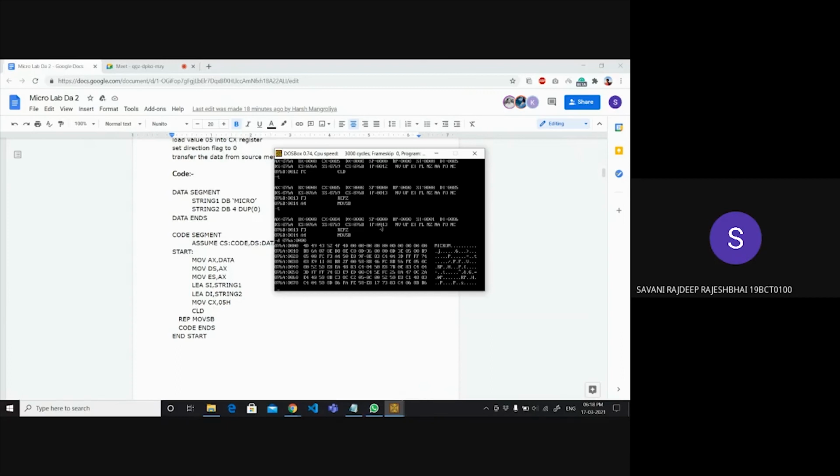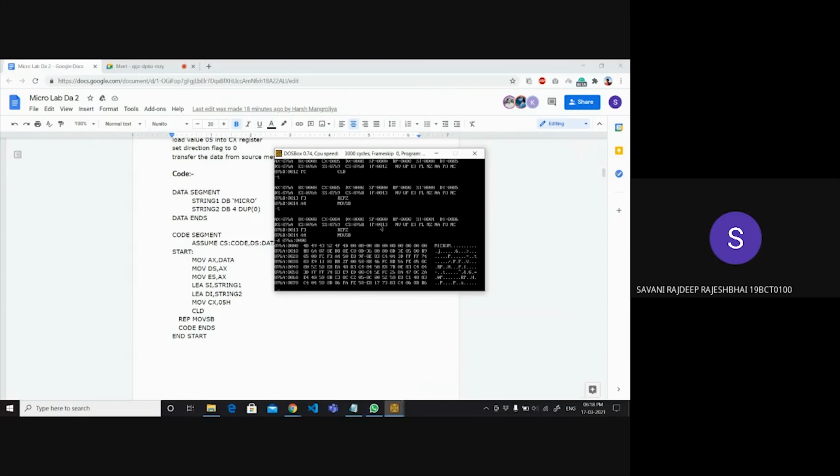Here we can see that the string "micro" is stored in this location: 4D, 49, 43, 52 and 4F.